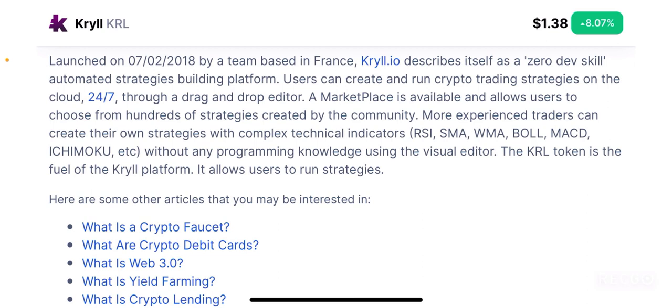So right off the bat, they're talking about the origin of this project, which was on the 7th of February 2018, and this project was created by a team that's based in France, right? And they created this project called Kryll.io, which describes itself as a zero dev skill automated strategies building platform. So it's a platform that's used to build automated strategies with little to no developer skill required, right? And it's a platform where you can create and run crypto trading strategies on the cloud 24/7,